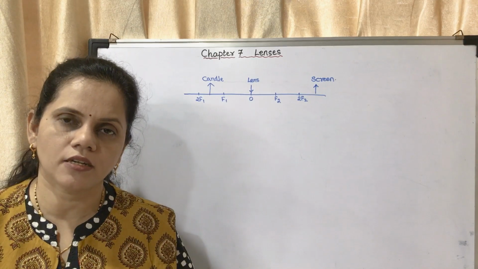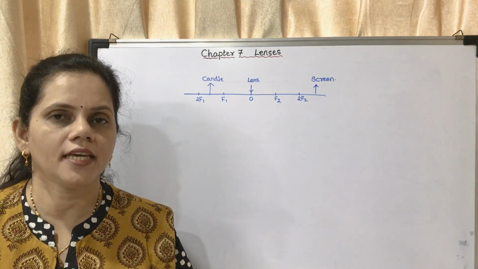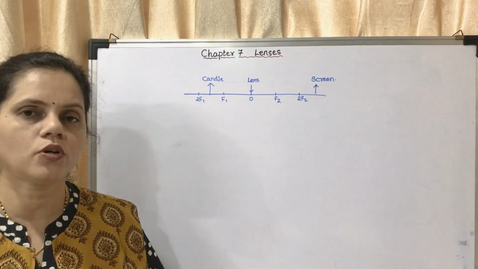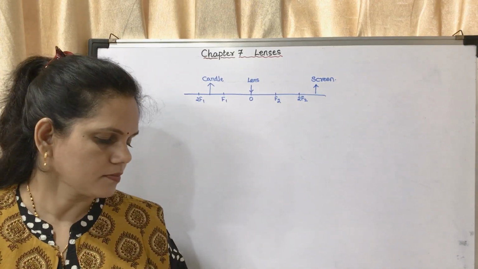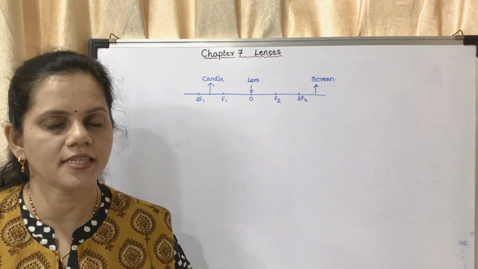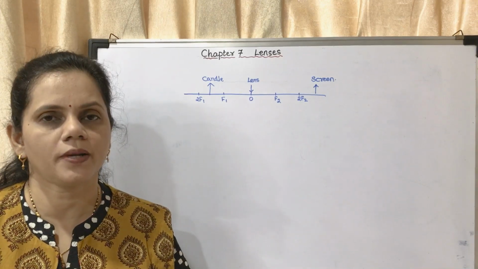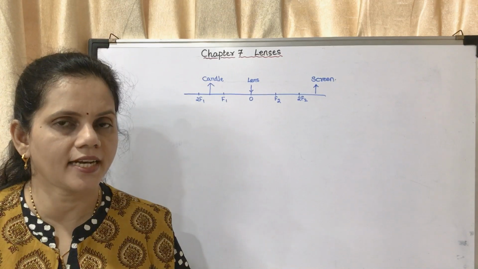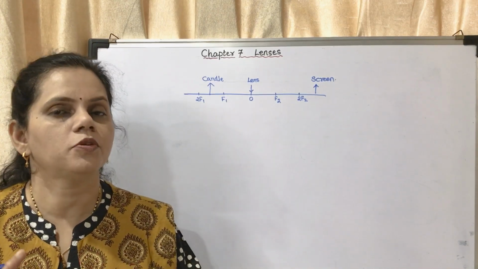Now in this lecture, we are going to draw different ray diagrams when we keep the object at different positions. In your textbook on page number 83, they have given a table about the images formed by convex lenses for different positions of the object. First of all, I will explain why to draw these ray diagrams. It is for you to understand that when you keep an object at a particular position, the position of the